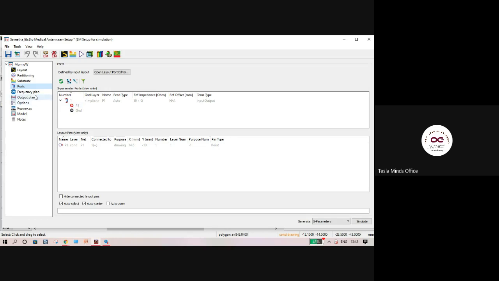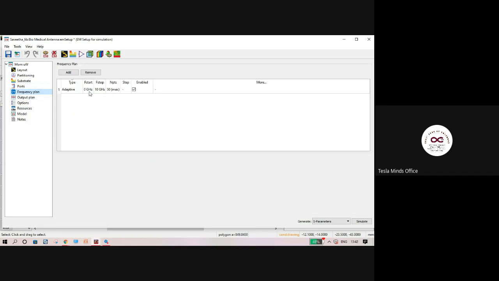For the frequency plan, by default you have 0 to 10 gigahertz, but because I know what frequency this antenna is resonating at, I switch to a minimum range of 5 gigahertz. You can change the number of points; I'll decrease it from 50 to 25 points so that we can analyze faster.